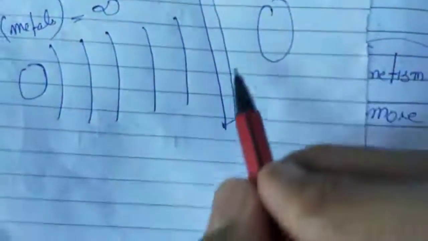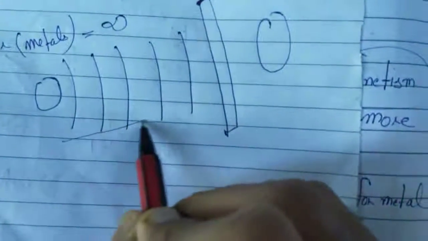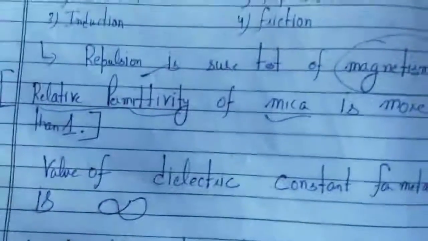And what is the relative permittivity of metals? It is always infinity. That means if a charge is placed here, it is releasing some electric field lines through it, and if you place a metal in the path of the electric field lines, this metal will absorb all the electric field lines, and the other charge will not get any force of attraction. So it is absorbing all the electric field lines, so its relative permittivity is infinite. So what is the permittivity of metals? Infinity. You should keep this in mind.